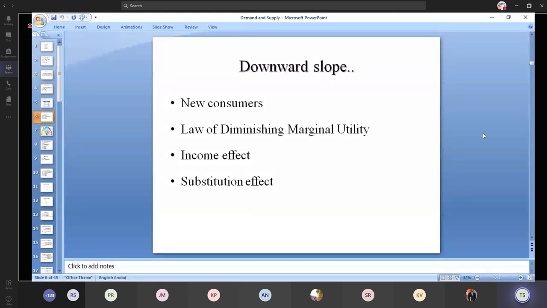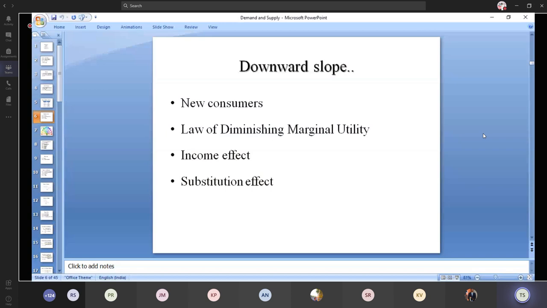And the income effect, which deals with real income. If a consumer's income increases, automatically they can spend more on consumption. It's a general view. If a consumer earns more and more income, his income is divided between two: one is for savings, the other for consumption. So if the income increases beyond the normal level, automatically the savings side will increase more than the consumption side, because if his needs or wants are fulfilled, the amount will automatically go to the savings side.